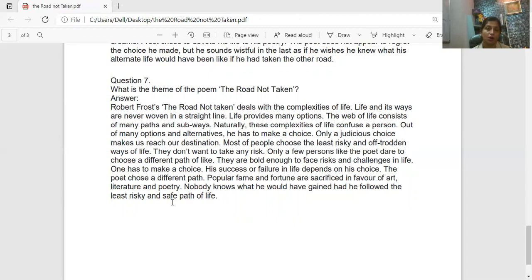Okay, then according to this chapter, there's also a question that which path would you have chosen? You would prefer choosing the risky track, or you would prefer choosing the safe track? Here, this question is subjective. It depends on you children. After reading the whole poem and understanding, it's your choice which track of life you would like to walk on. So, whichsoever way you write, you have to give appropriate justifications for that.